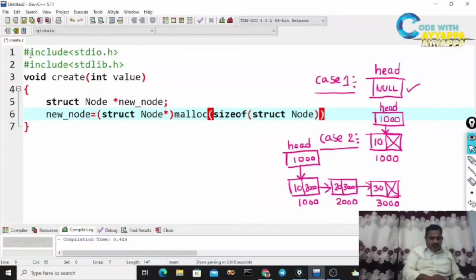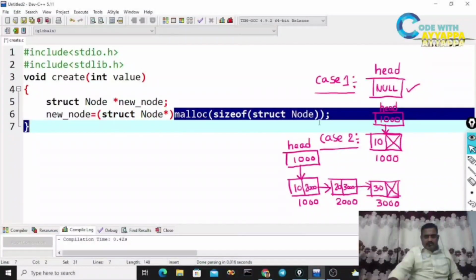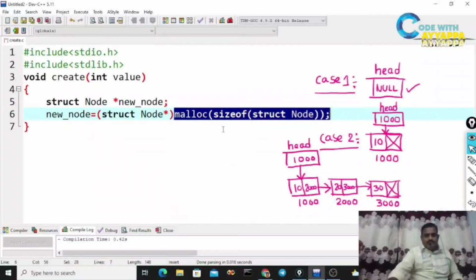What is the meaning of this line? The malloc function is going to allocate memory dynamically. How much memory is required for the struct node? Already we discussed in the previous video what the struct node is. First it will allocate memory for this structure.